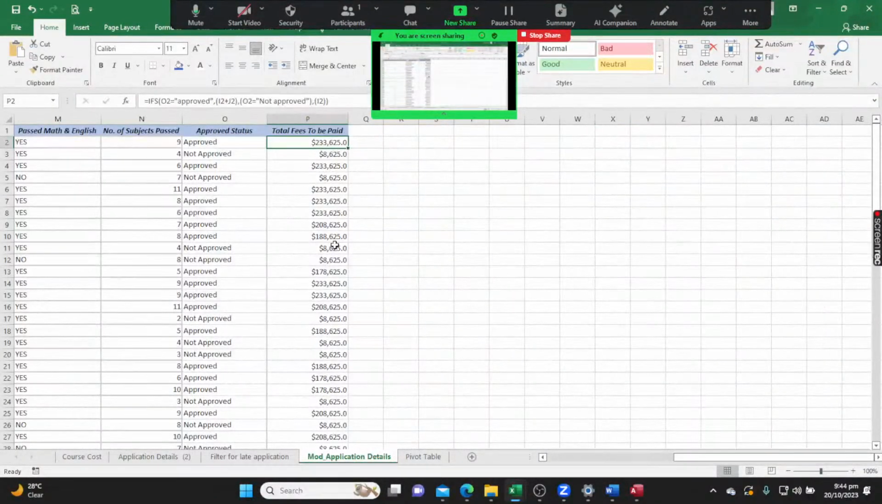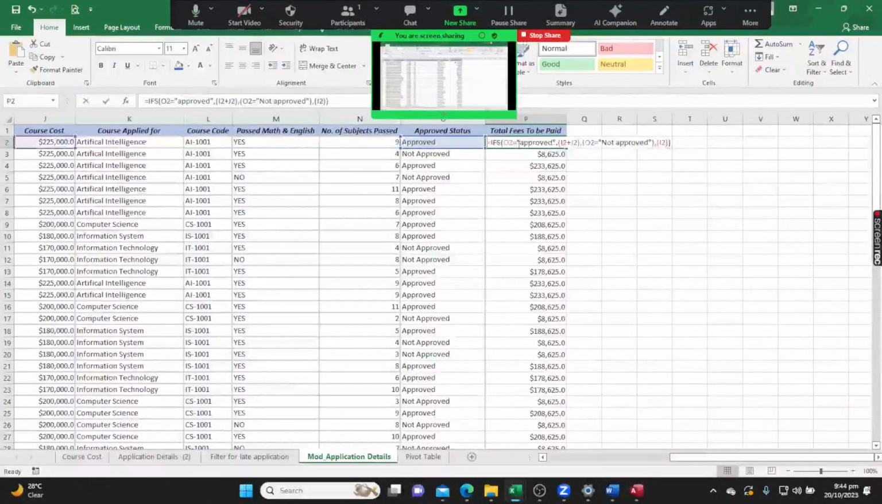Then I drag it down, and then everything else follows. So you can see how Excel makes life easier by just following what it's really saying. It's really saying if O2 was approved, it would have been I2 plus G2, the course cost plus the application cost, and it's just equal to O2 alone, which is